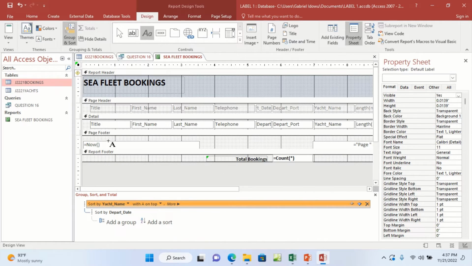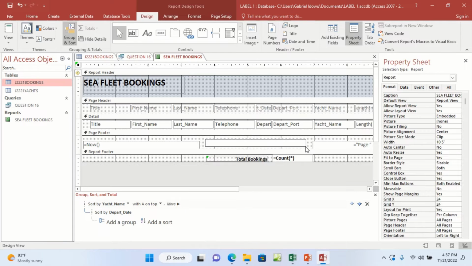If they say it should appear on every page in the footer position, then it's better we use page footer. Page footer means every page. If you use report footer, it will only appear on the last page of the report. But page footer, according to the name, is every page. So I may put it here, drag it open, put your name. My name is